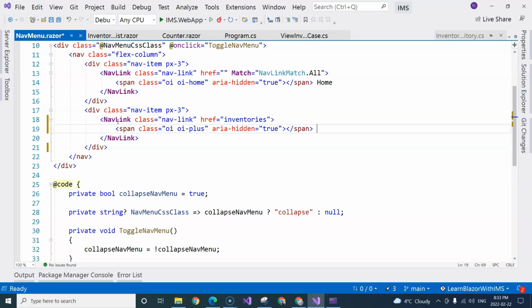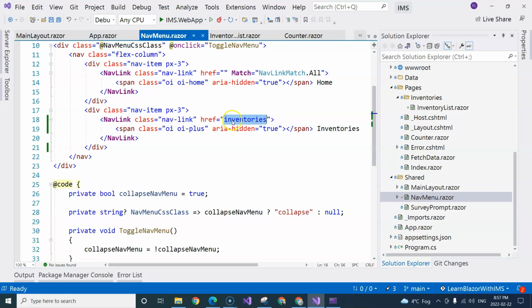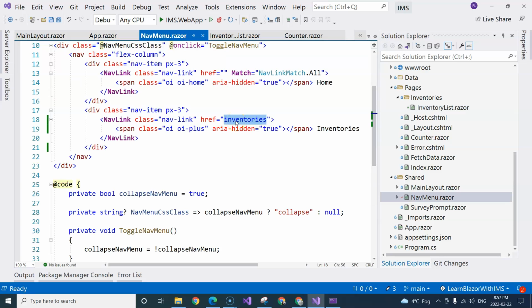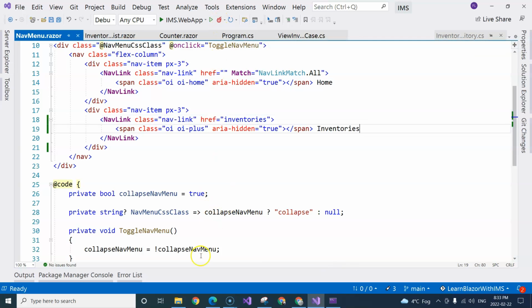And I'm going to change the wording here to inventories. Notice that this inventories is the path that corresponds to the inventory list page directive here, right? So this inventories must be the same as the path here, except that we don't need to provide this slash here. So after I make these changes in the nav menu component here and click on this hot reload button,